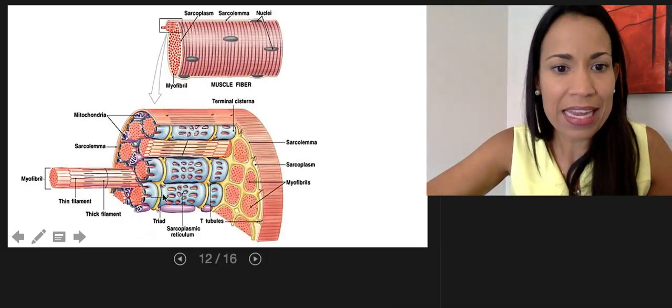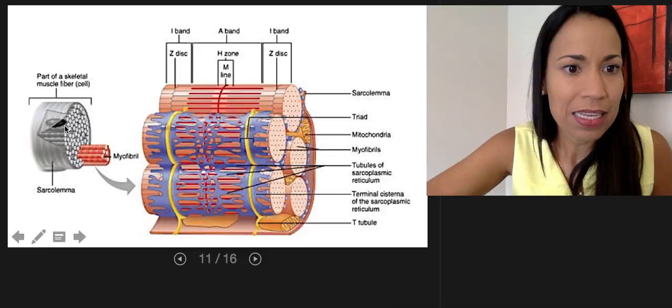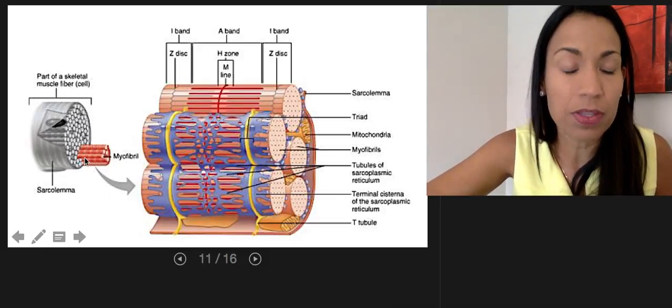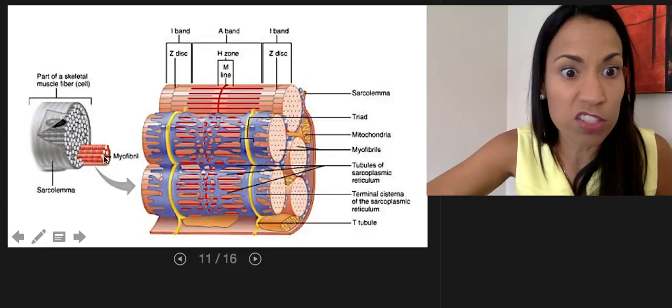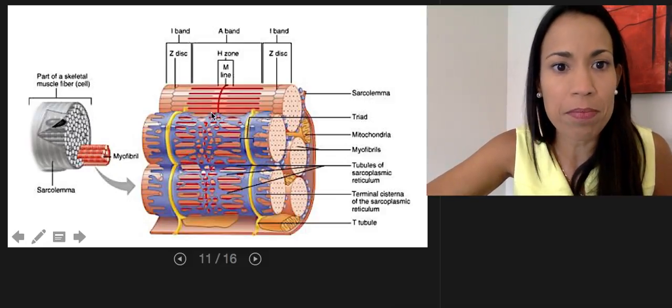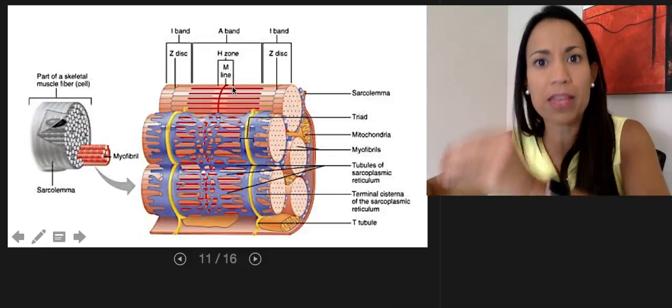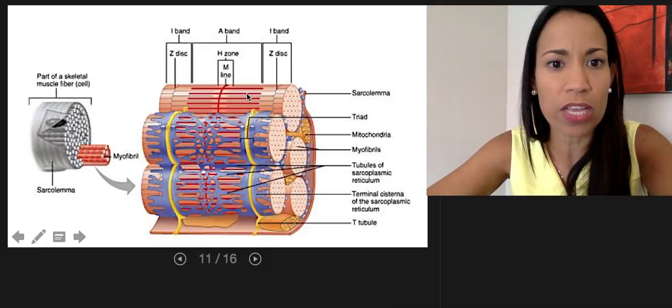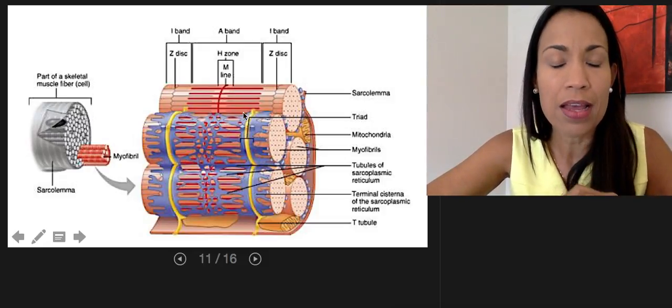Now, again, inside the sarcoplasm of the muscle fiber, we have a bunch of myofibrils, and each myofibril consists of thin and thick filaments, and they are arranged like this,